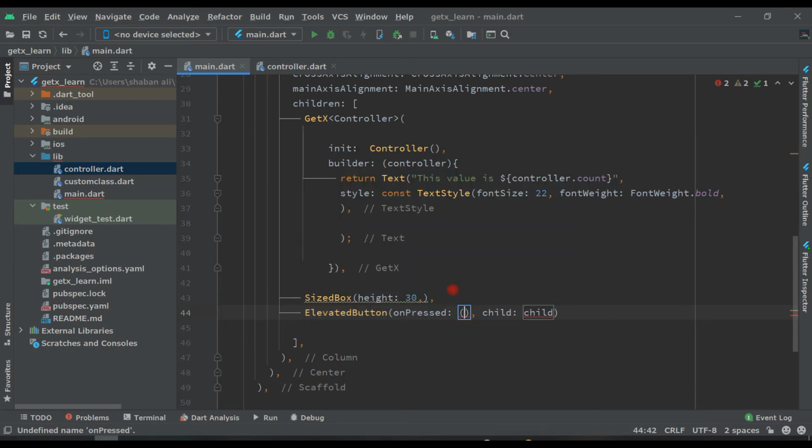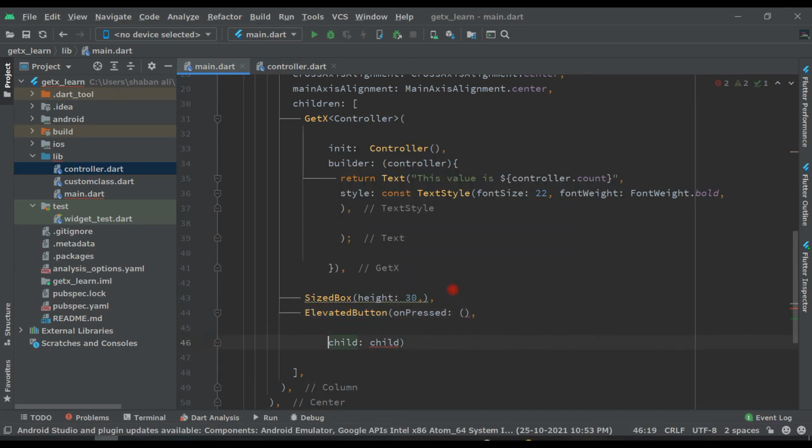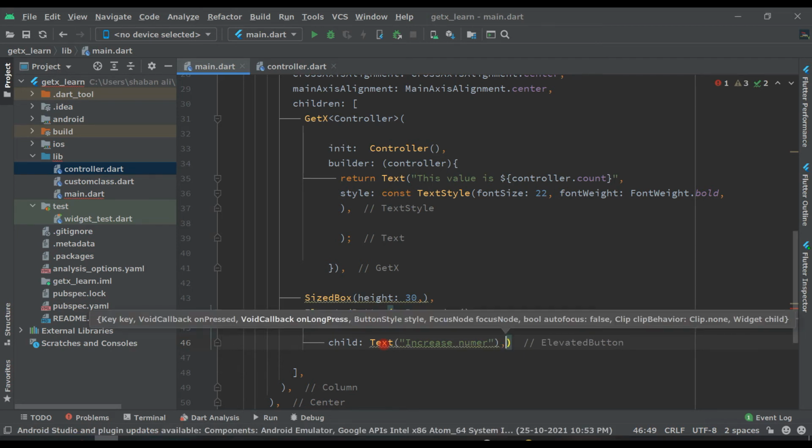and on press we will pass increment and decrement later. First of all, let's complete this. Here will be text, and text will be increase number and comma.